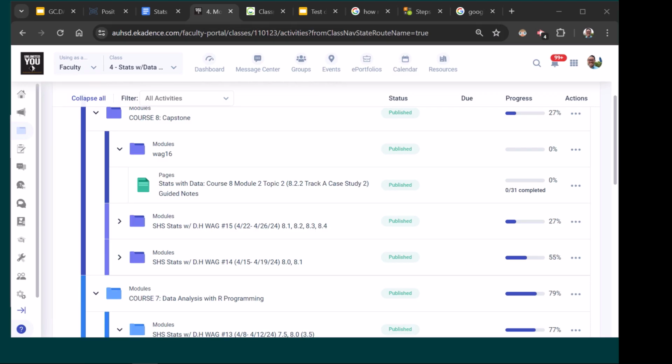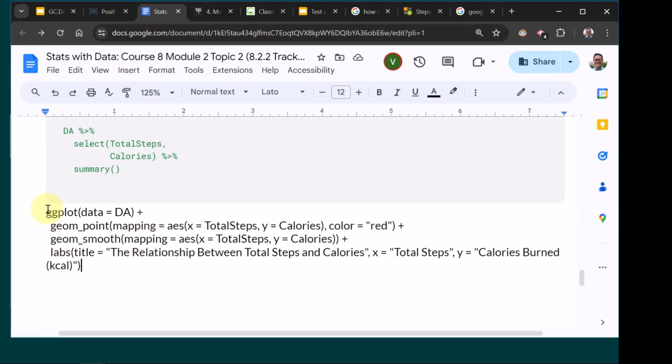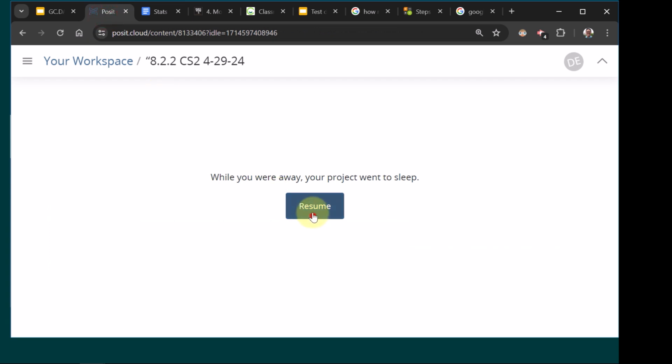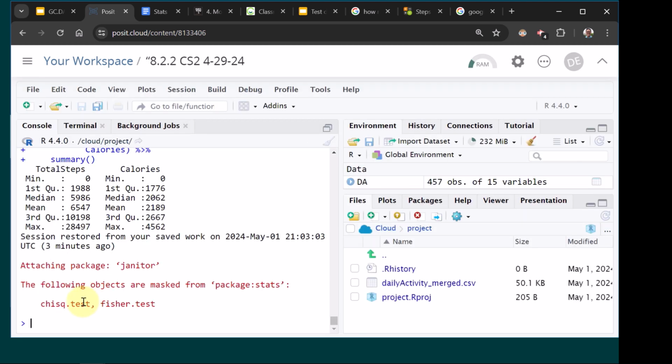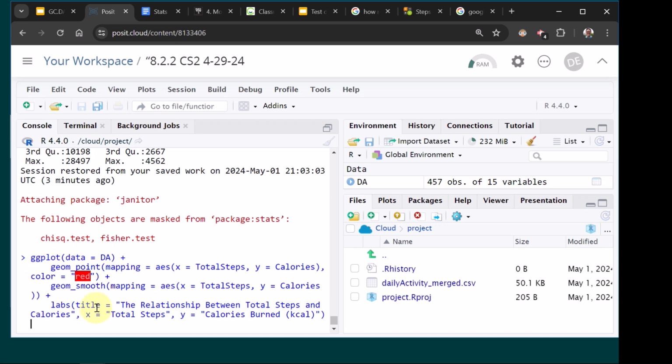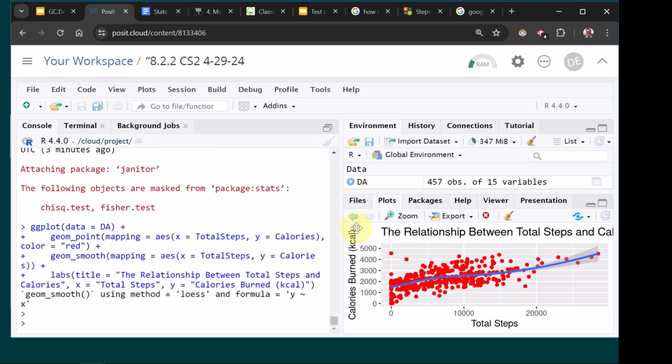Okay, so let me show you guys this document. Instead of you guys just writing it out, you can just highlight it, copy, and if you paste it, you're on the right side under files and then plots.